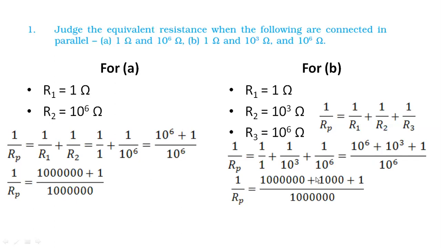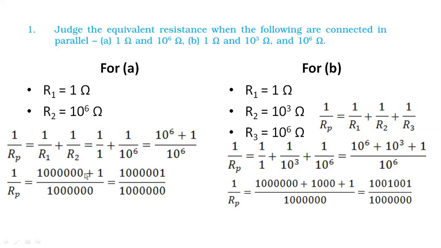What about this place? 10 to the power 6 is nothing but 1 and 6 zeros. What about 10 to the power 3? 1 and 3 zeros. 3 zeros, why? Because it is 10 to the power 3. 3 zeros, and 1 would remain as it is. This 10 to the power 6 is again changed. Now I just have to add it. Whatever the numerator I have, this value plus 1, and then I have to add these three values plus 1. So let me do that.